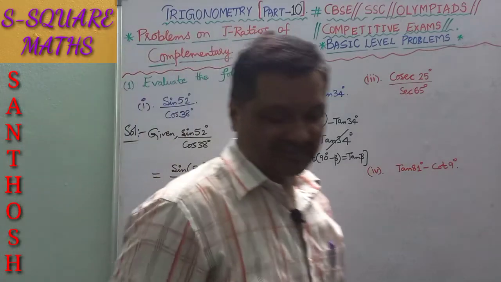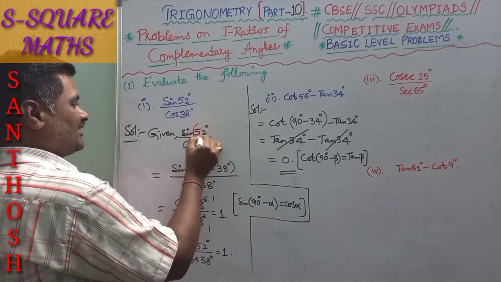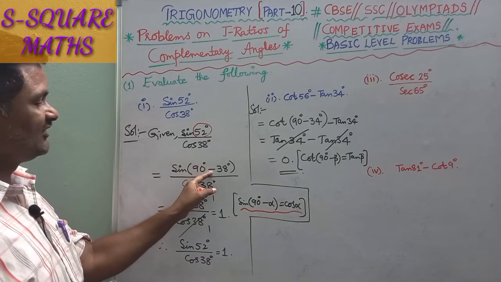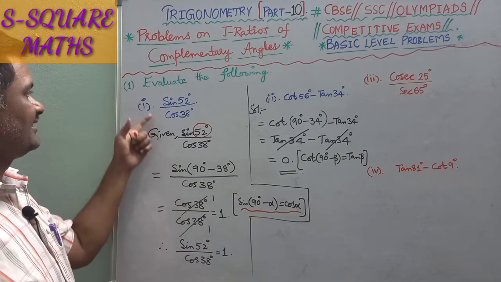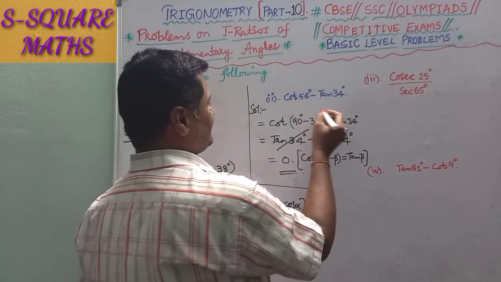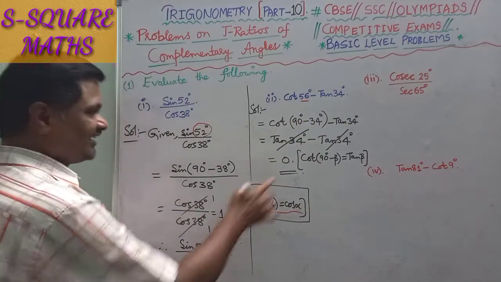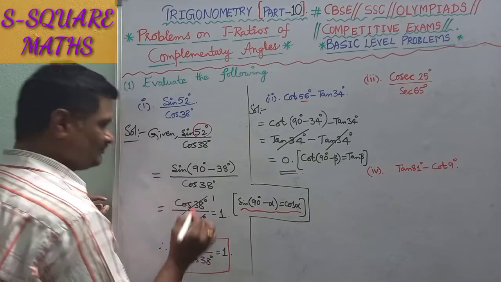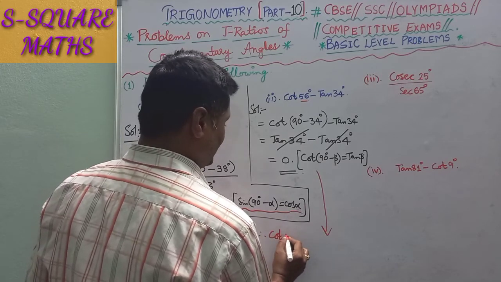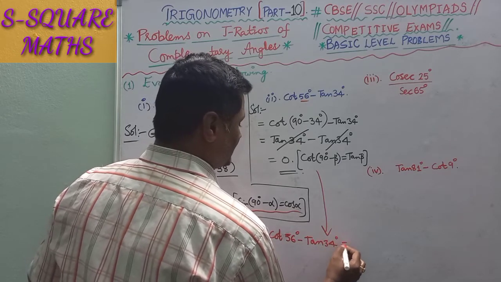Now let us analyze the problem. Please listen here. What we have done is we changed this part and applied this rule. With respect to 90 degrees, we consider that sine and cos are complements of each other, they are the T ratios. In the same way, we replaced 56 degrees here in the 2 terms, and we got 0. Here the answer is 1 and here the answer is 0. So I am writing the conclusion: therefore, cot 56 degrees minus tan 34 degrees is equal to 0.